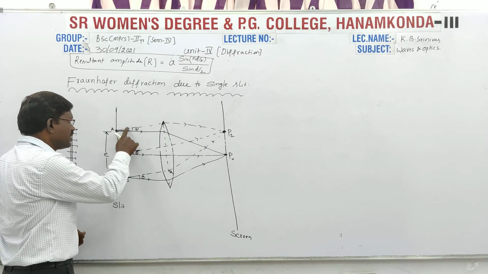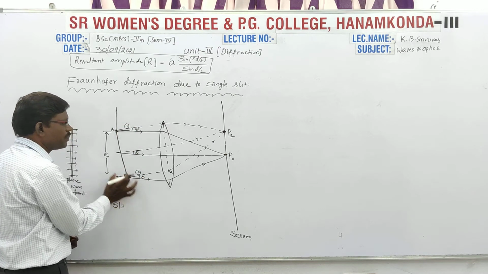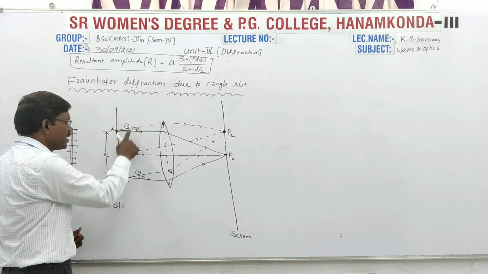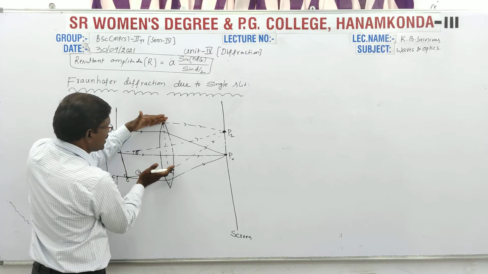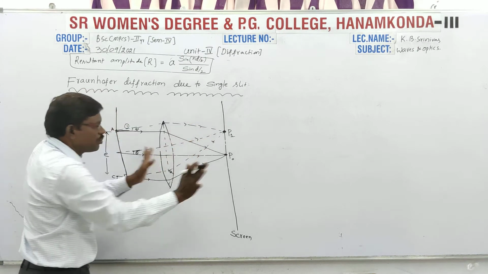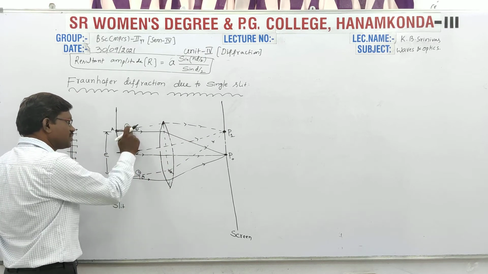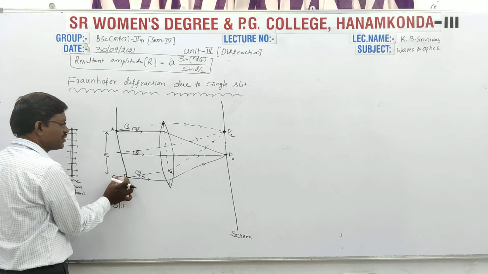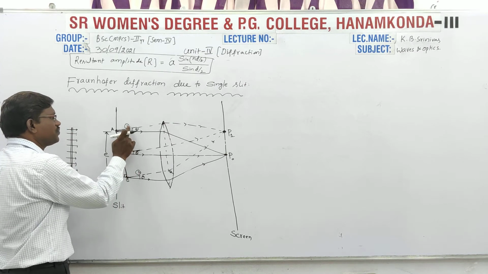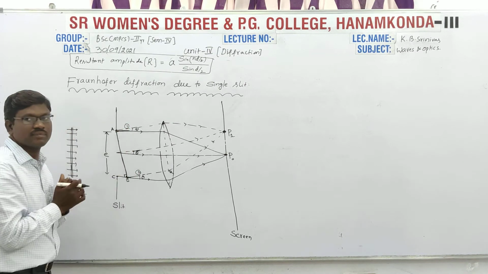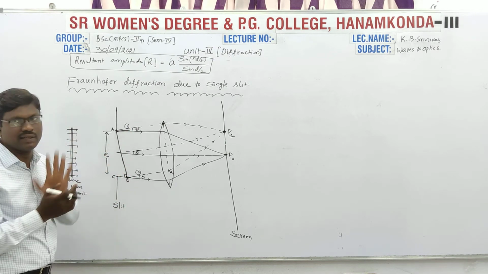Then what is the path difference between these 2 rays, first and last rays? This will be the path difference between the first ray and second ray. From these 2 points, they are traveling equal distances in equal intervals of time. There is no path difference. But my aim is to calculate the path difference between these 2 rays. This will be the path difference. This is the extra distance traveled by the second ray when compared to the first ray from A and C. So BC will be the path difference between first ray and second ray.